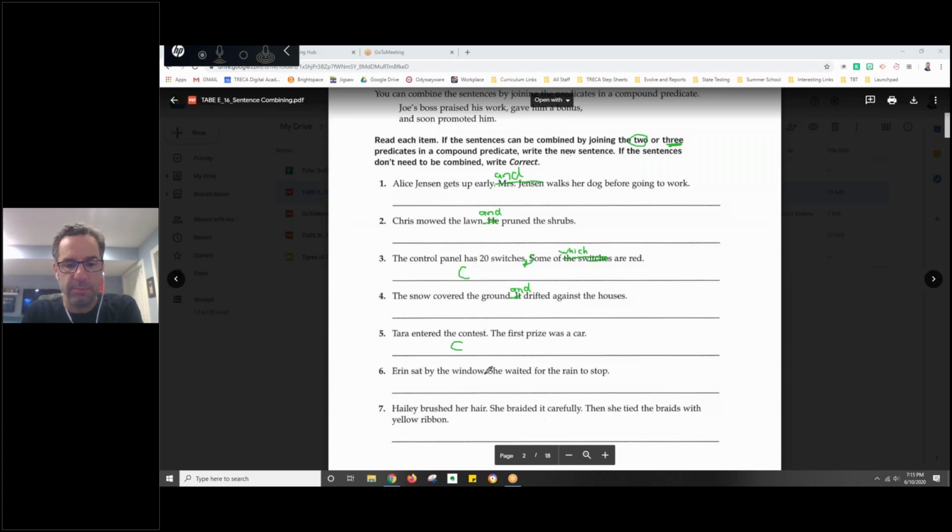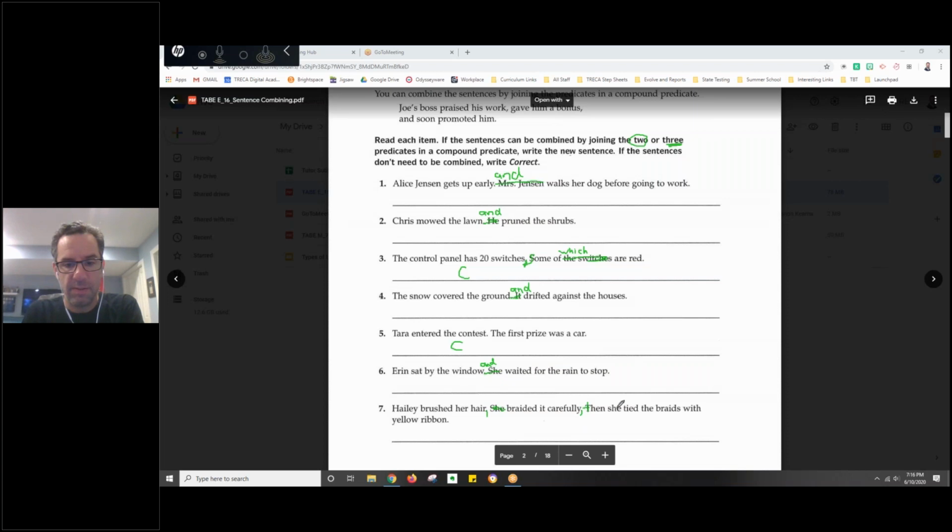That's a tough one. I could see maybe it being Erin sat by the window and waited for the rain to stop. Maybe we can look at the answers for this one when we're done with number 7. Number 7 says Haley brushed her hair. She braided it carefully. Then she tied the braids with yellow ribbon. That makes sense, right? But I'm hoping that you figured out that this is best written as a compound predicate with 3 parts. So you could say Haley brushed her hair, comma, braided it carefully, comma,